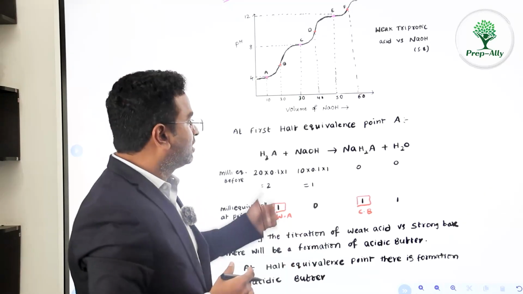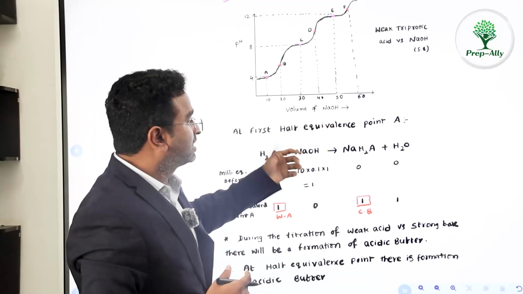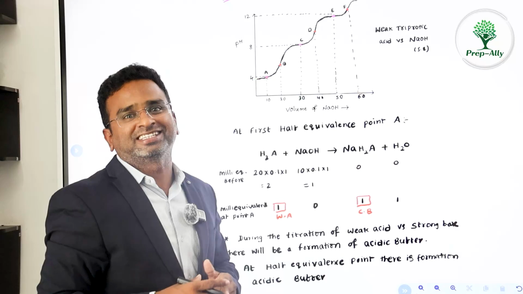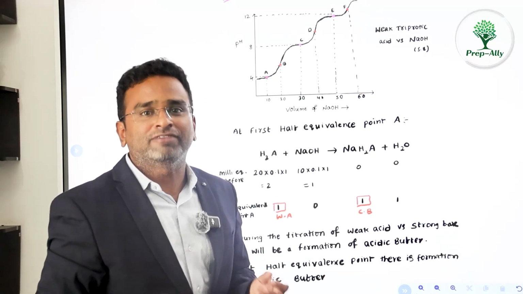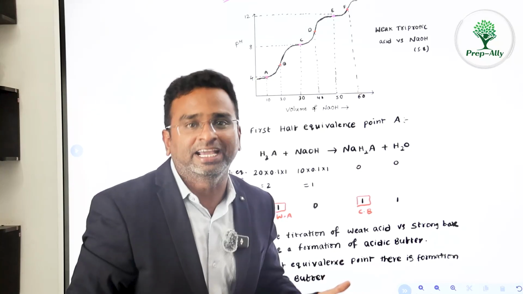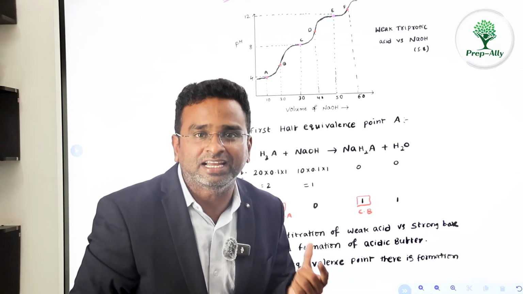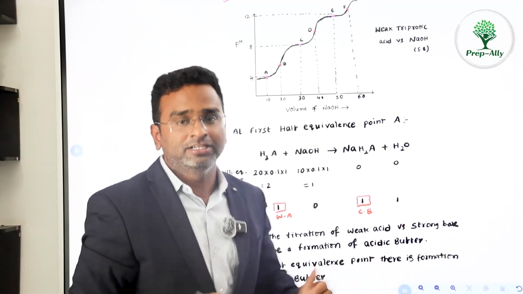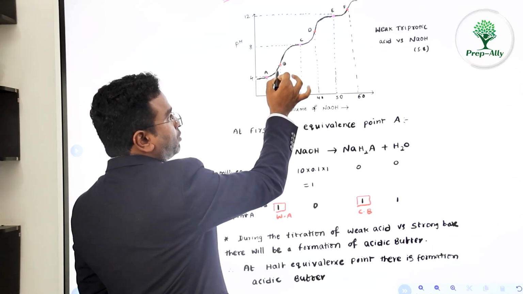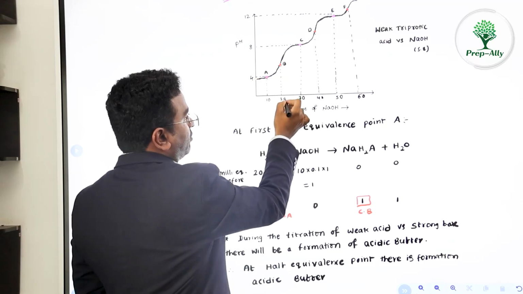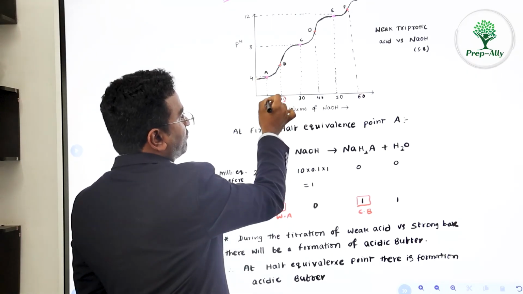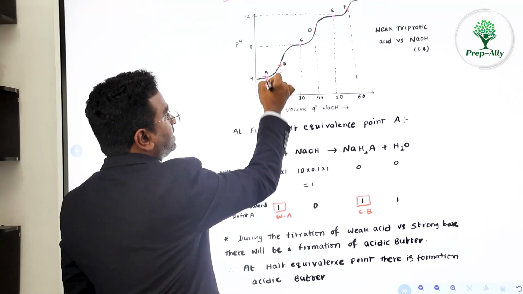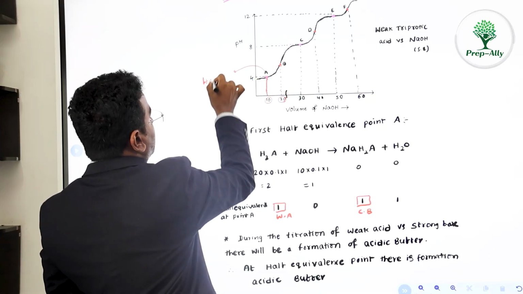The reason is that whenever we are titrating NaOH, a strong base, versus a weak acid, every time during the titration you will get a buffer, right? Buffer is a solution which resists the change in pH. That's why the change in pH is very, very small until the equivalence point, meaning the buffer is continuously forming. After the equivalence point is reached, there is a sudden jump in pH. That's how at 20 ml, which is the first equivalence point, this point here is known as the half equivalence point.